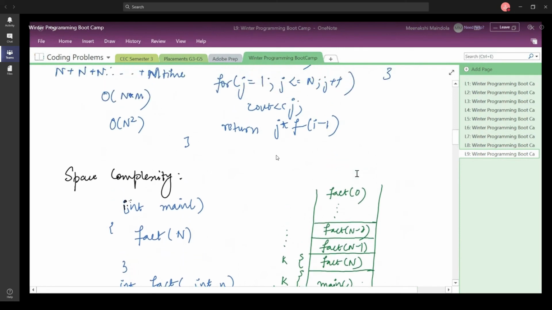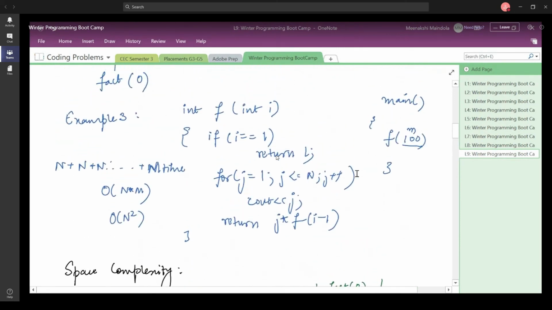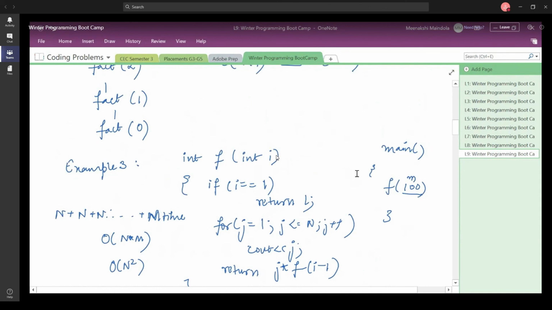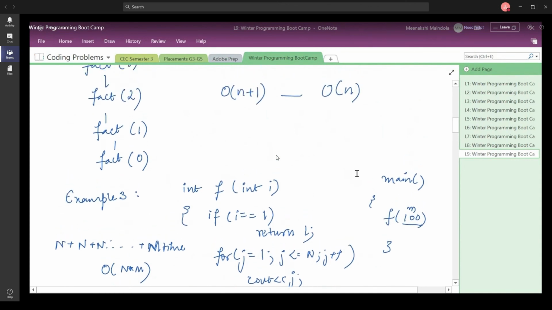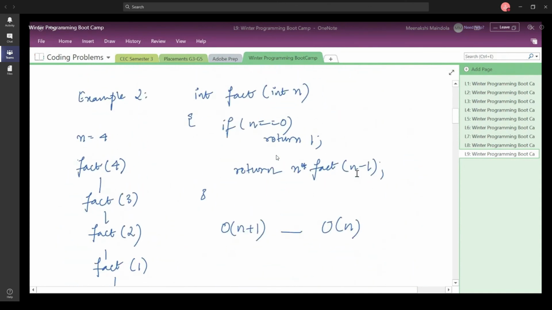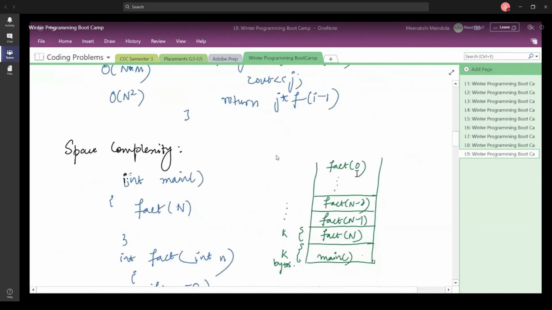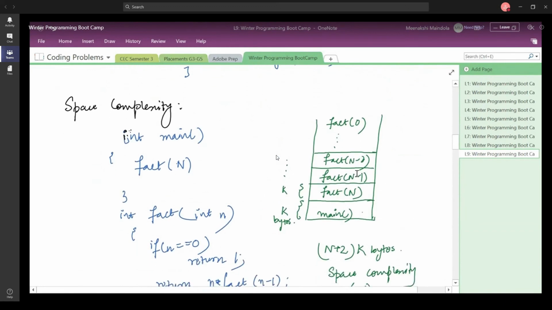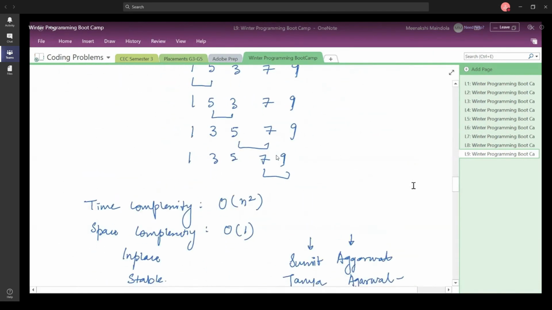And yes, we are again going to start off tomorrow by talking about time complexities. Today we looked into all those examples where time complexity was order of n square. We are going to look into examples where time complexity is order of, let us say, log n as well, and see how that happens. And then we are also going to discuss merge sort and quick sort in tomorrow's class.